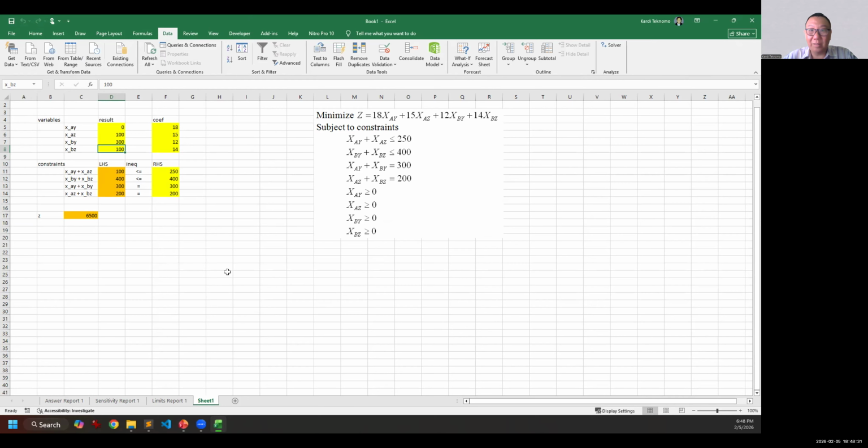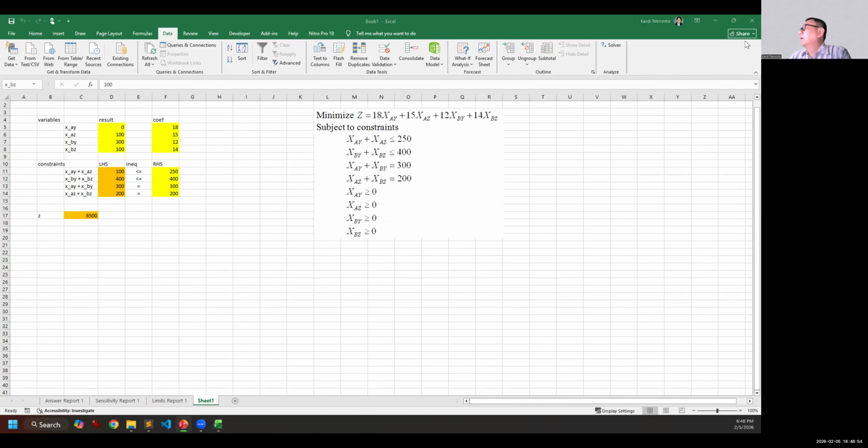So in that case, it's really worth having this kind of optimization. So you get the idea. Is this too fast? You can follow? Okay, good.